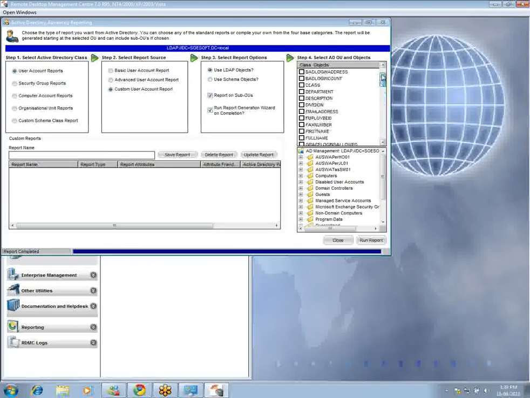But you can even go a level deeper than that. If you switch to Schema Objects, you will see absolutely everything. This includes all of the objects which have been created by things like Exchange. Again, it's something